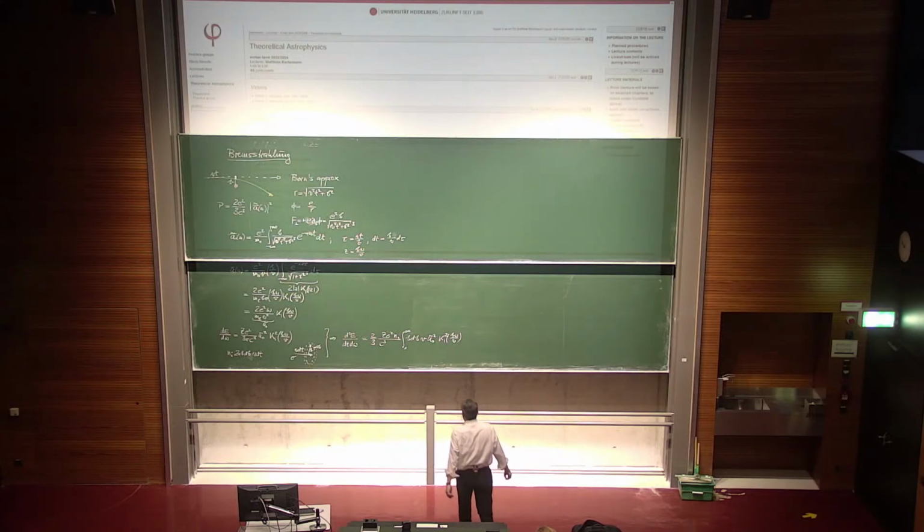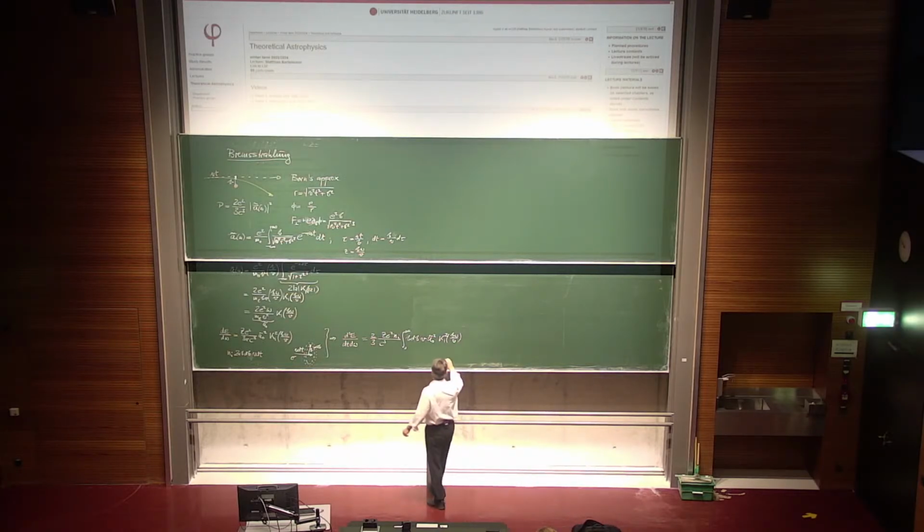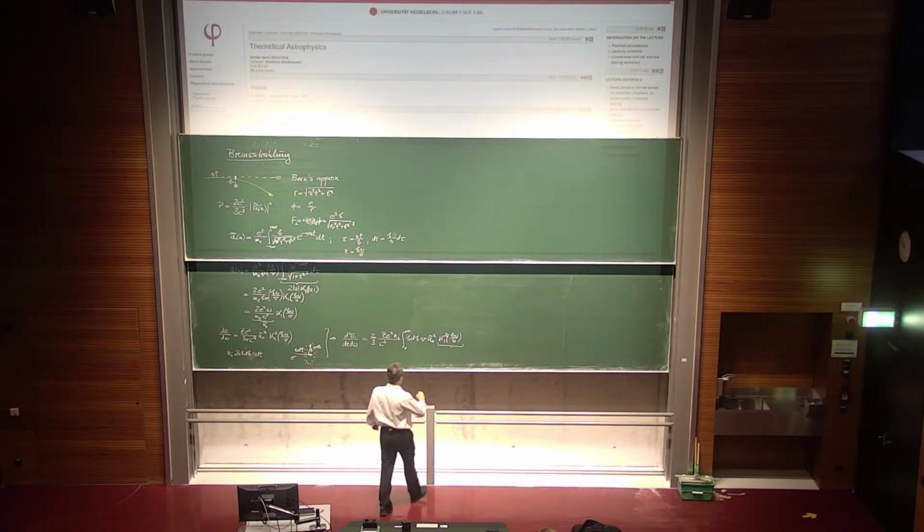So what could we do? We could either integrate from a small enough but finite impact parameter to infinity, or we could say, all right, I'm going to insert the approximation for large impact parameters that we had before. Both are, in the framework of our approximations, sensible things to do.